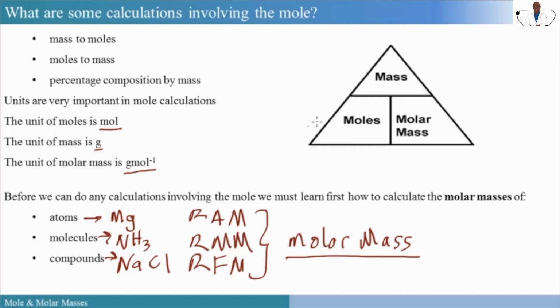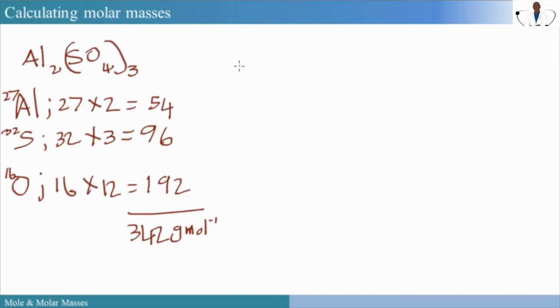So in doing the calculation, let's look at how do I get my unit to be moles if I have the mass and the molar mass of a particular substance. So moles is equal to mass over molar mass. So in doing this particular calculation for the unit of moles, we would have